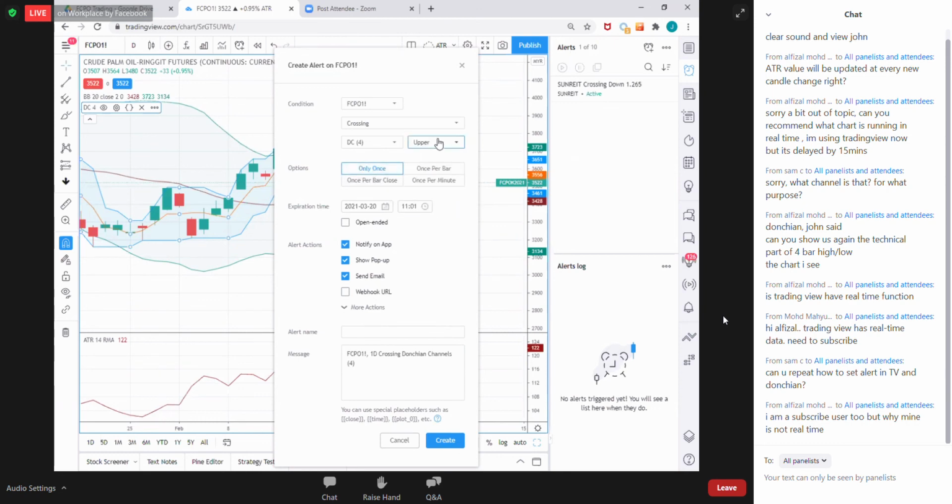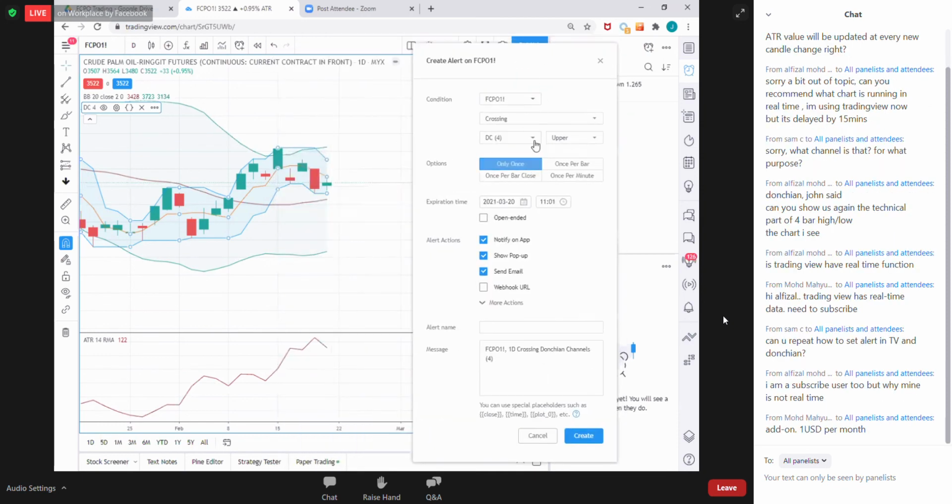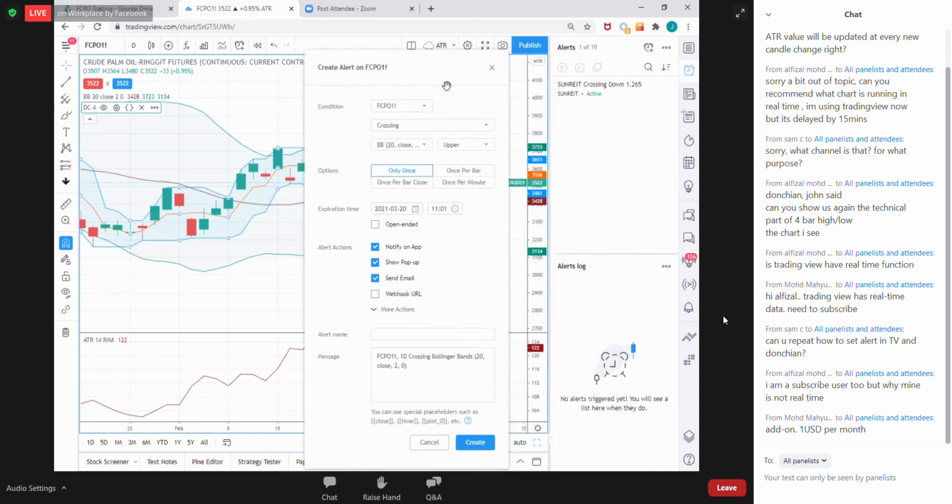Basis, upper or lower. So you can actually select, if let's say 2, right, you need to put 2, upper or lower. But Donchian channel is one of it. The best way for this trading strategy is to put Bollinger Band. When the upper band, lower band is touched, yeah, it means there's a rally signal maybe you want to enter. So it can be notified on apps, can be email, up to you.